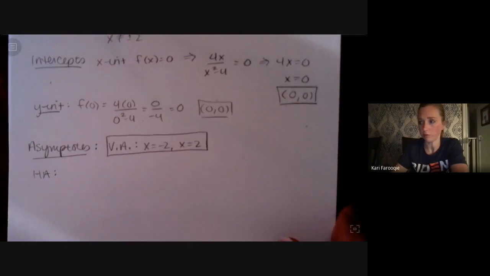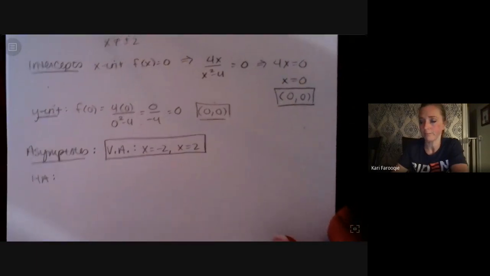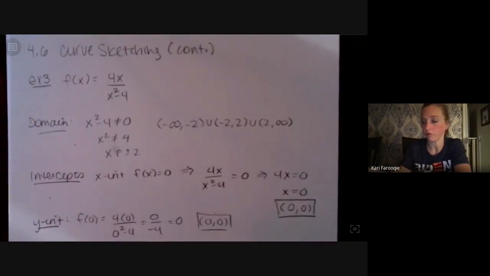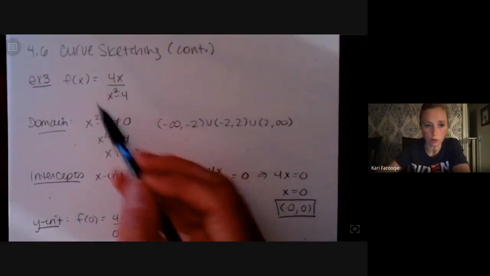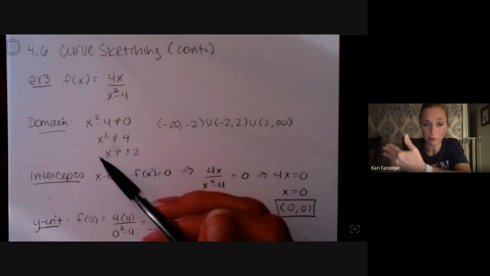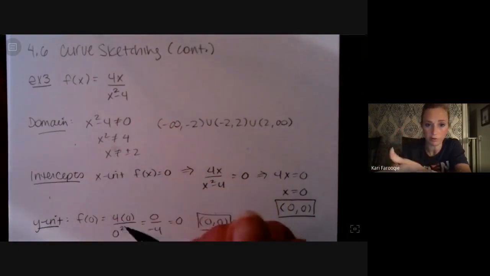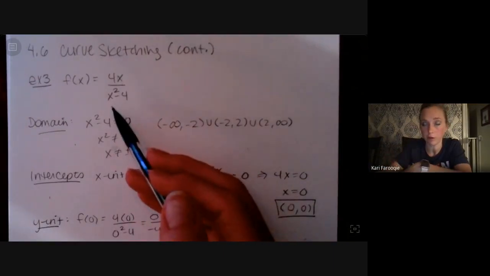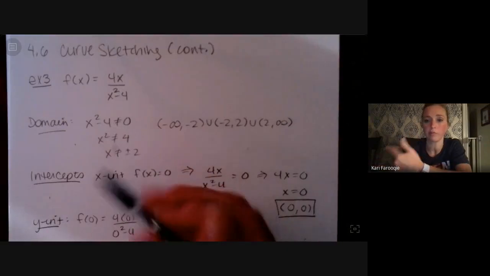You can always go through that process of finding the limit as x approaches plus or minus infinity. But remember I showed you a trick for this? If you don't remember the trick, that's fine. We do have rules, and you are allowed to use notes on the test. If the degree of the numerator is less than the degree of the denominator, then the horizontal asymptote is y